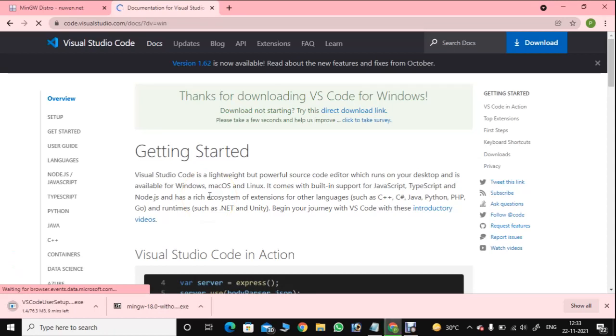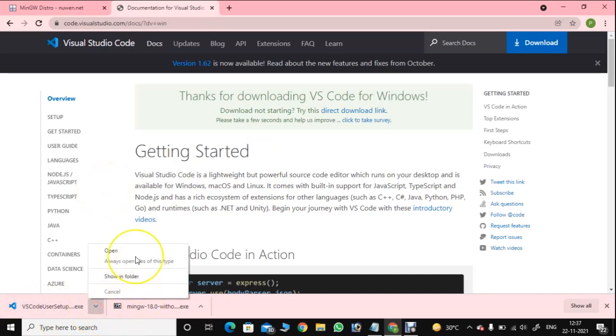So the downloading has started. So the downloading is completed. Now click on the arrow mark, click on open.